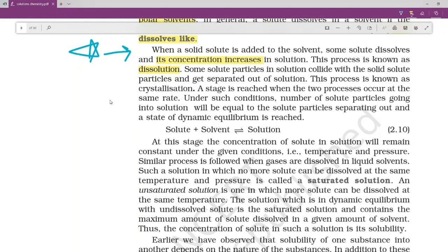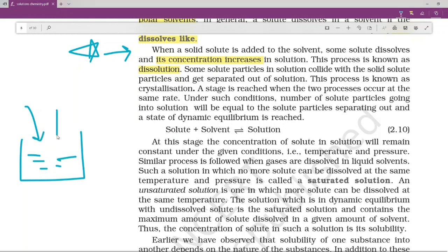But what is the mechanism by which it is getting settled down at the bottom? When you try to dissolve that solute, for example, suppose this is your beaker and this is your solution in which you put the given salt, then it will not dissolve and finally it will settle down at the bottom, which I have shown here. Now what is the mechanism? Whatever solute particle you put inside the solvent,